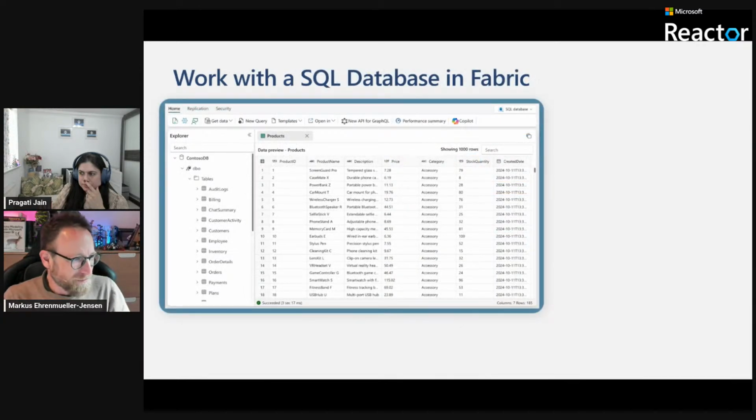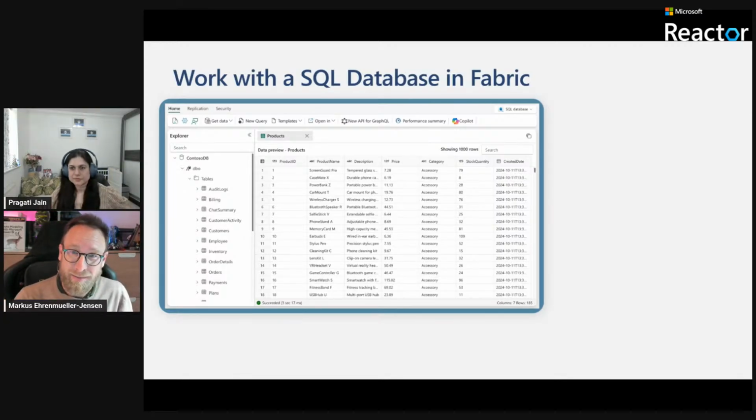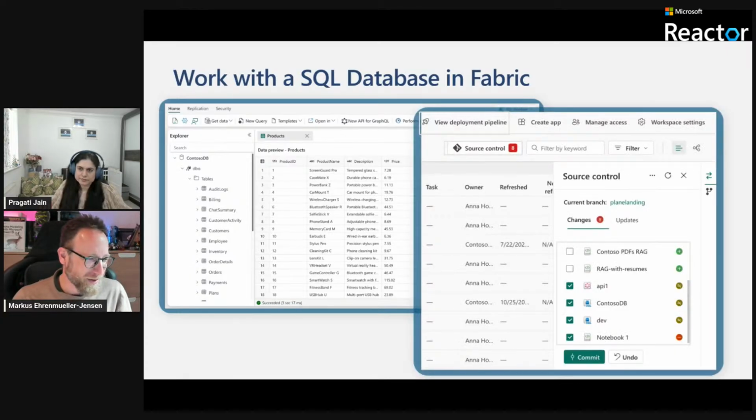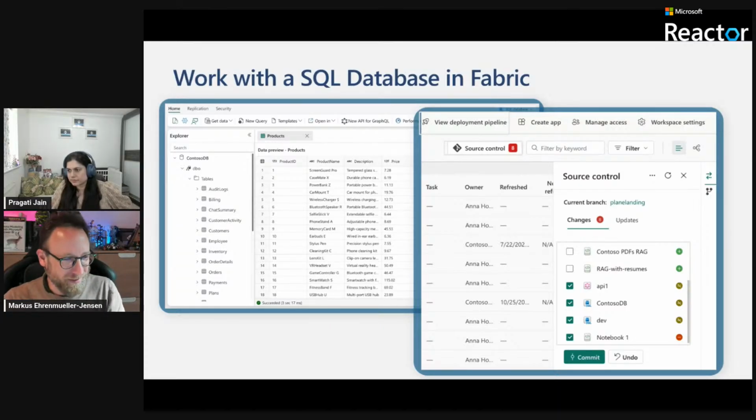And rather new, I'm not sure when this became publicly available, we now also have a SQL database. That means the SQL database as you know it from SQL Server on premises, and from Azure SQL DB, which is also available in Fabric. So this is a full SQL database as you know it. And then, independent of whether it's SQL or not, we have source control integration, so we can deploy changes and see what kind of changes happened. We can have branches and so on and so forth, and do professional development when it comes to our data solution.